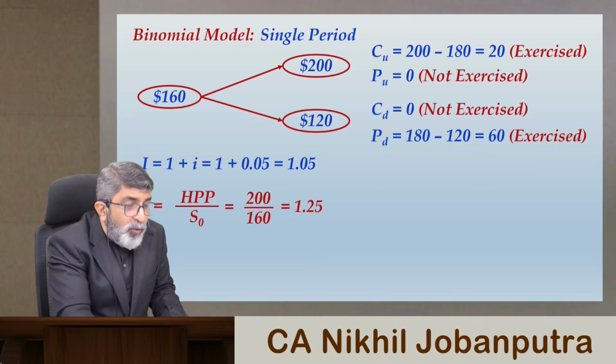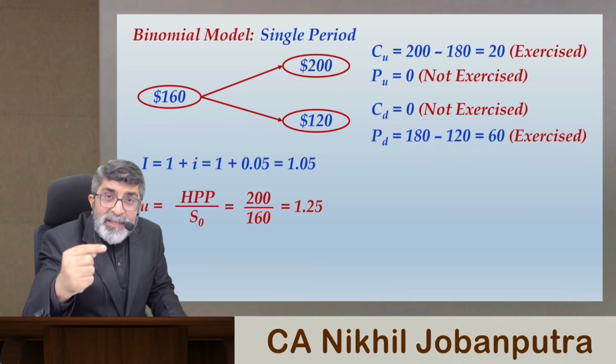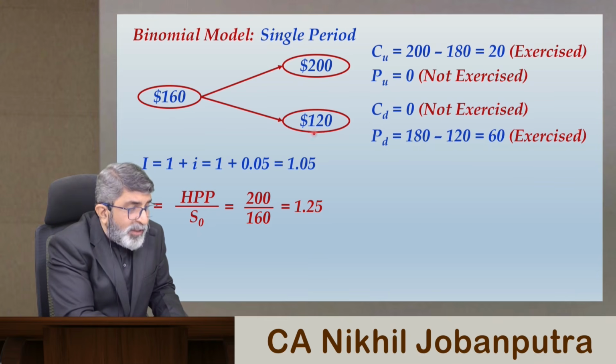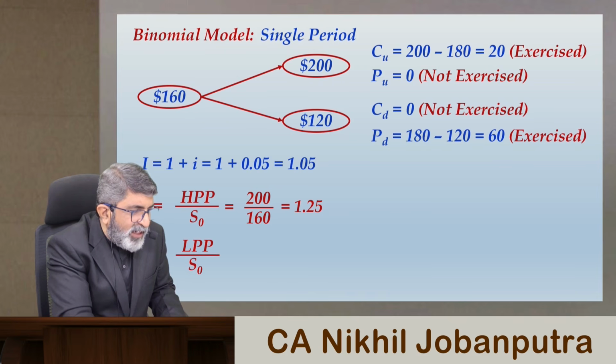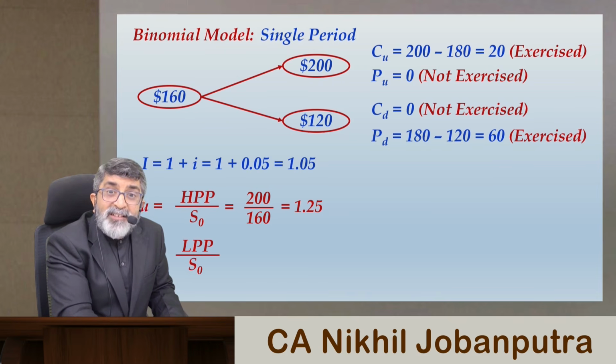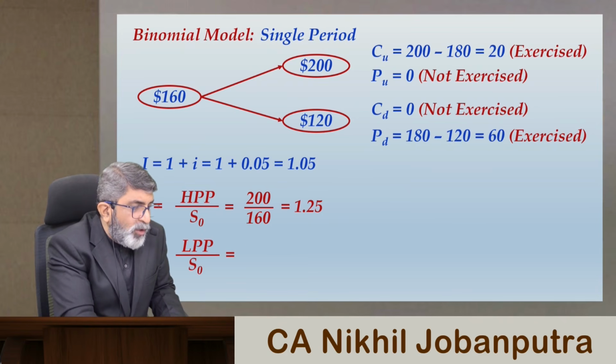What will be the down move factor? It will be SD, that is the spot price when the price goes down, $120, divided by $160. So it can be written as the lower probable price divided by S0, or SD divided by S0, that is 120 divided by 160. The down move comes to